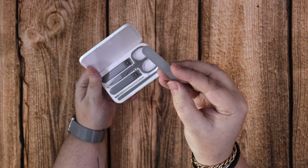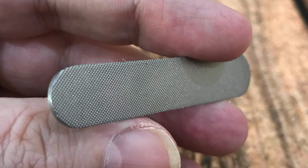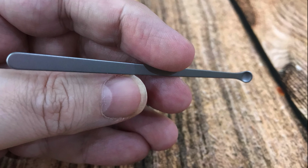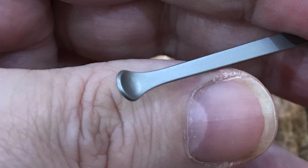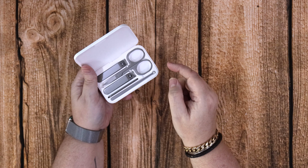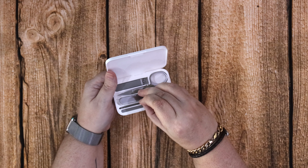So inside you've got a nail file. Looks very, very nice. Very small, but very nice and tactile. You have an ear spoon. I don't know if you've ever used one of these, but you're supposed to put it in a bit like a cotton bud and spoon out the contents of your ear. It's magnetic as well. You've got two magnetically attached nail trimmers,